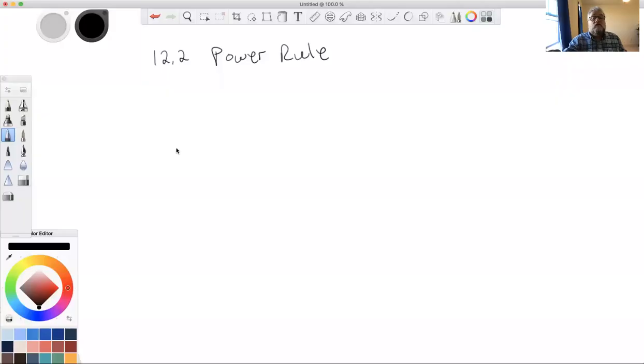Okay, we're back and we're going to do the next section, chapter 12.2. This is referred to as the power rule. It's kind of like the chain rule is what you're going to think of it as. But first, we need to talk about